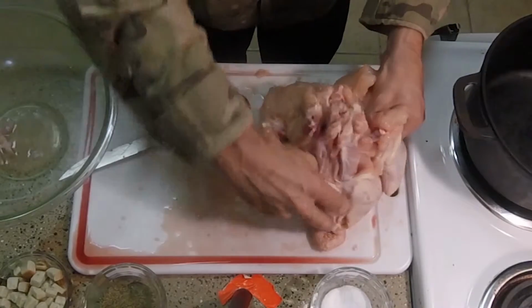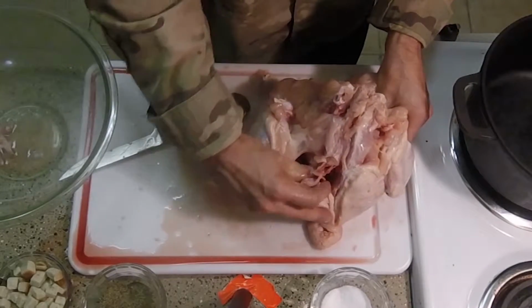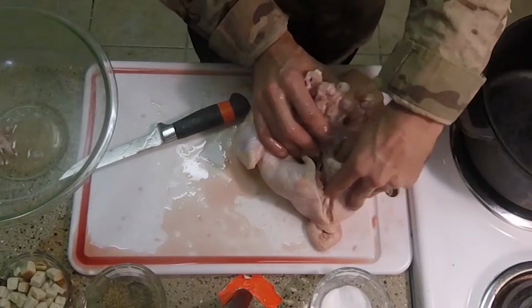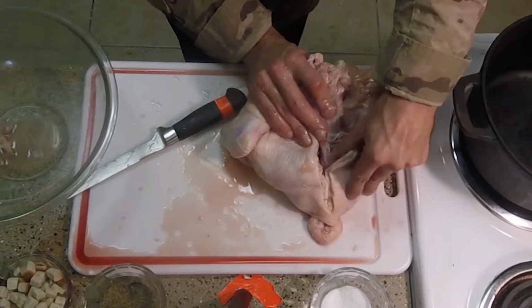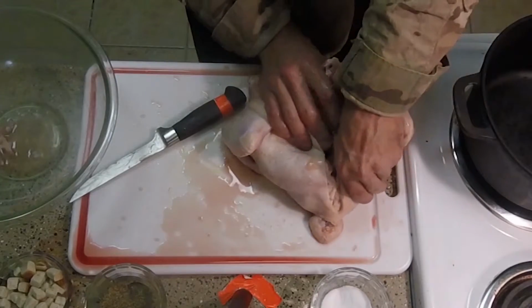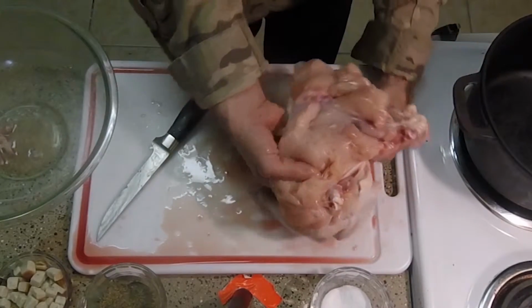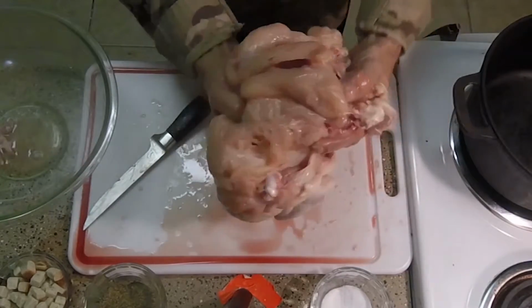Okay. We're going to get underneath these oysters and pull them out. Right there, that's the oyster. Same thing on this side. Just like that. So, keep pulling it down until